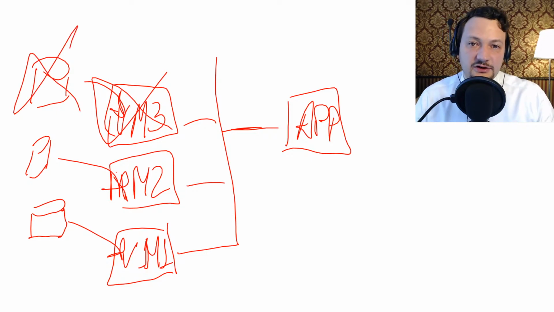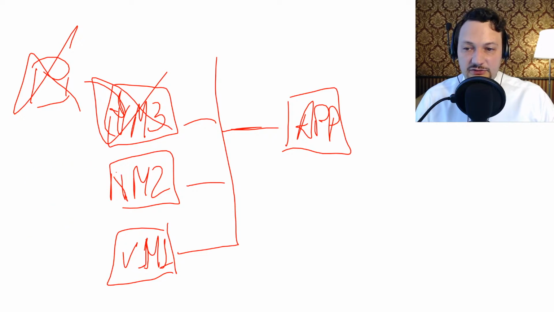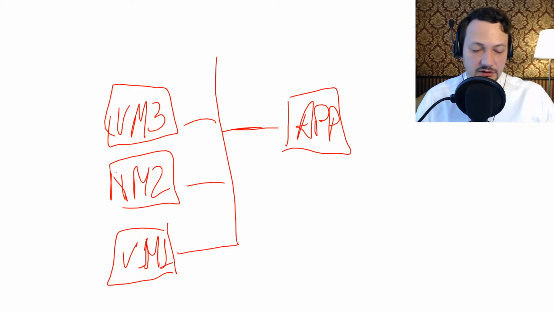So that is not a way to work in the cloud. The cloud way to deal with the state is do not store your state inside your virtual machine. You should have some external storage solution